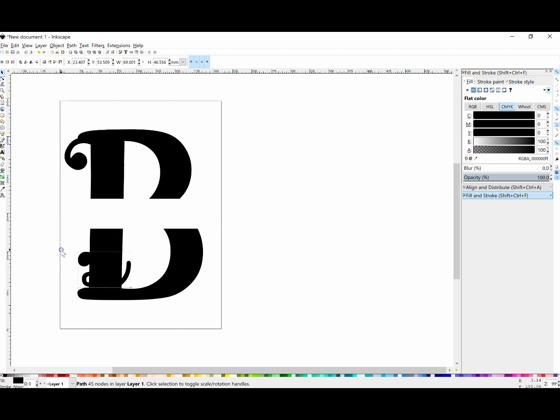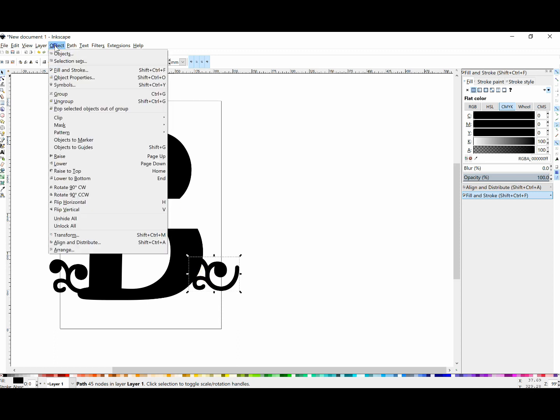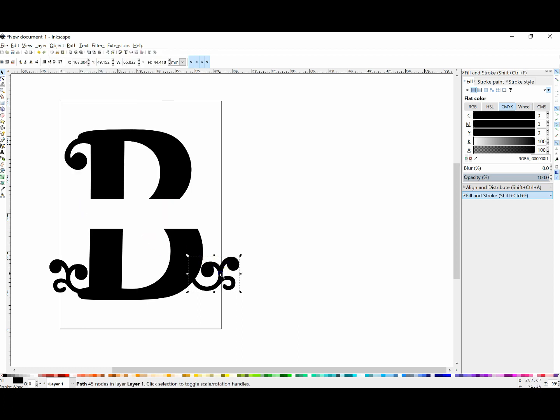Now I'm going to want more than two on my design. So all I have to do is click Control Copy, Control Paste, and that's going to give me another one. Now, what if I want it on this side? It's going to look kind of weird if it's still facing the same direction. So all I have to do is go up here to Object, and I can say Flip Horizontally. And then that will flip it so that it's the other direction. I'm going to click it again and angle it. And now I'm just going to take a few moments, and I'm going to add in several of these little decorations to my B.